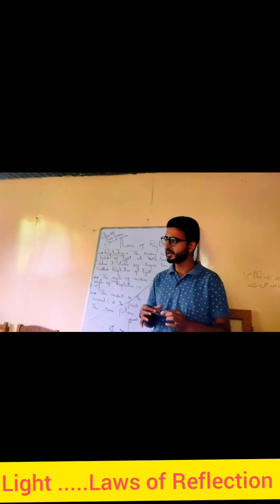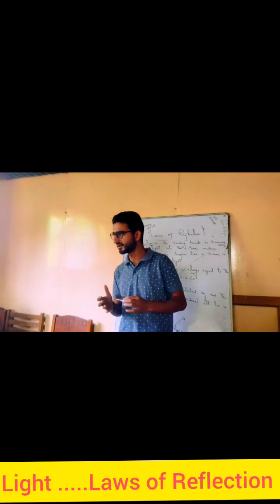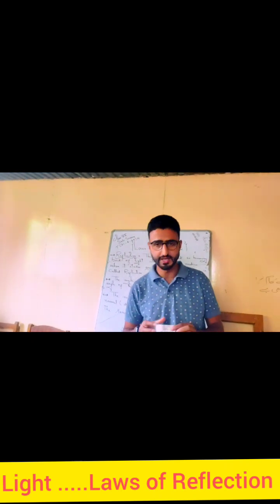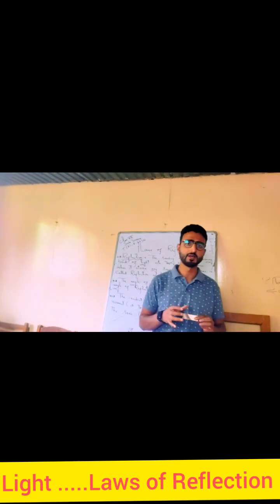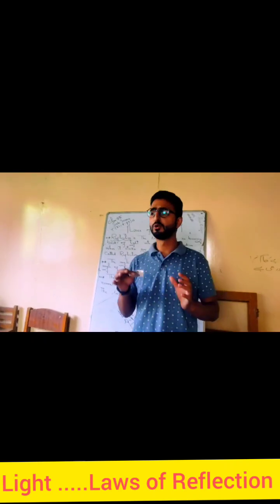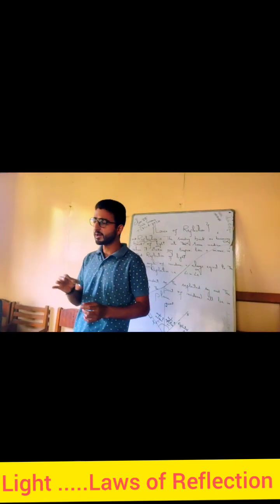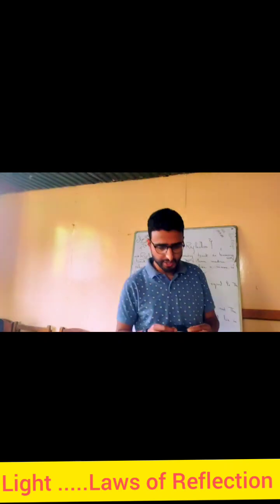So this is the plane mirror. We have silver deposited on it because you know silver is the best reflector of light, and it reflects almost 95% of the light. So silver is one of the best reflectors of light, that's why it is deposited on plane mirror strips. So reflection is basically sending back of light, bouncing back of light, or I can say change in the path of light without any change in medium.